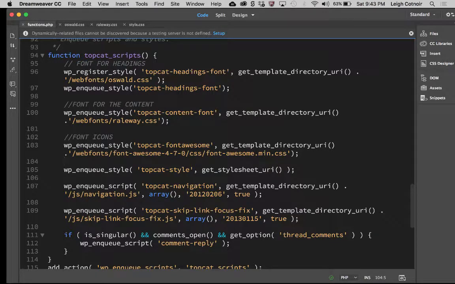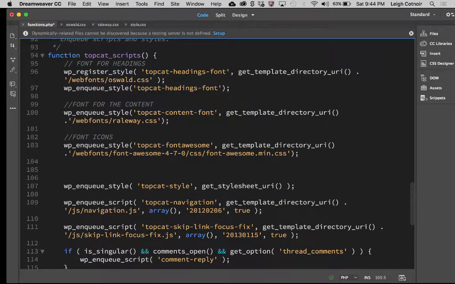The next thing I want to show you really quickly is how we can add some functionality by enqueuing some JavaScript that will allow us to basically have some fallbacks for older browsers. The things that we're going to do, I'm going to go ahead and add them before my style sheet. I'm going to put a comment here, and we're going to do